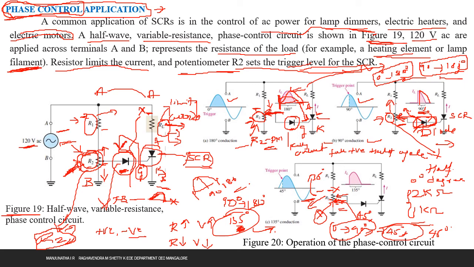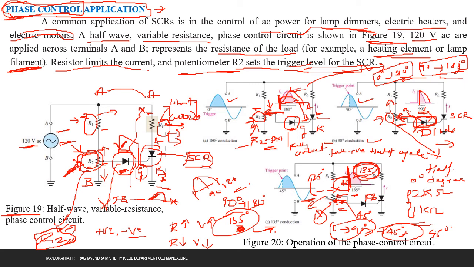So now this diode becomes forward biased only after 135 degree. Means there is no conduction of this diode for the initial 45 degree, and for the remaining 135 degree it is going to conduct. Now at what point of time do we pass the voltage to the diode? That is from 45 degree, and the SCR is going to conduct for the remaining 135 degree conduction mode. That way we have to understand.